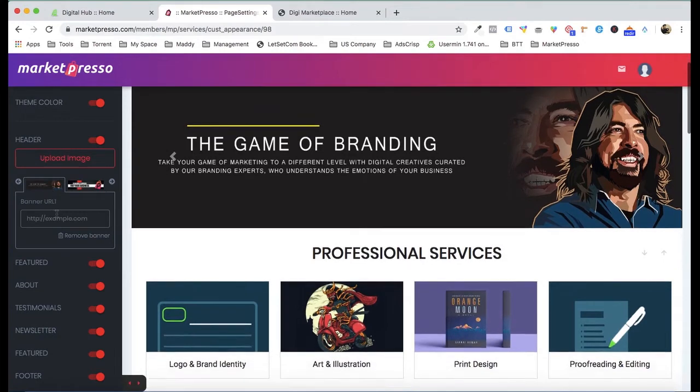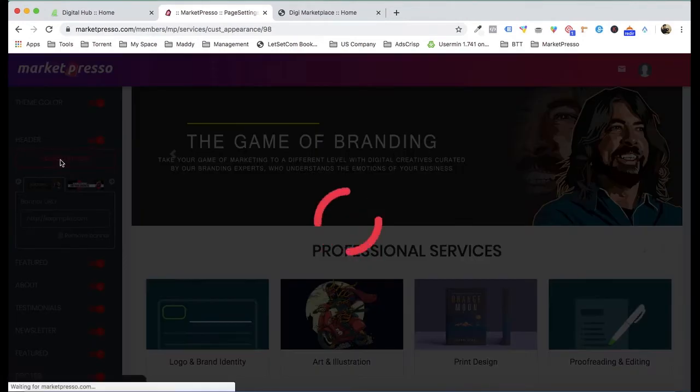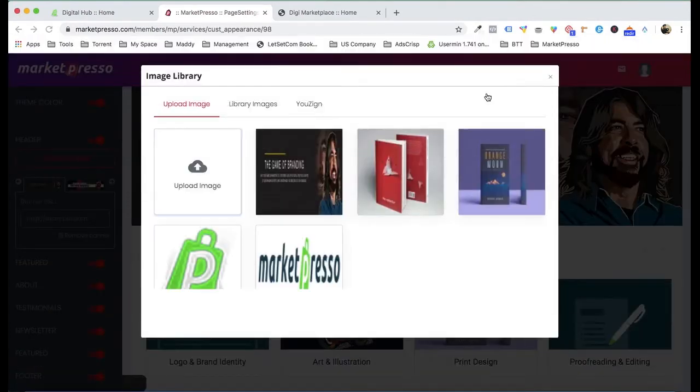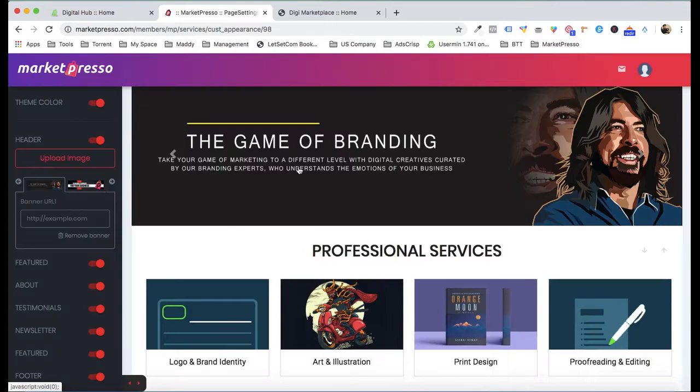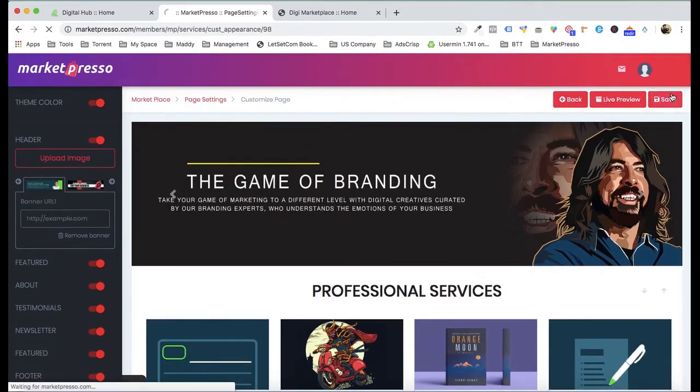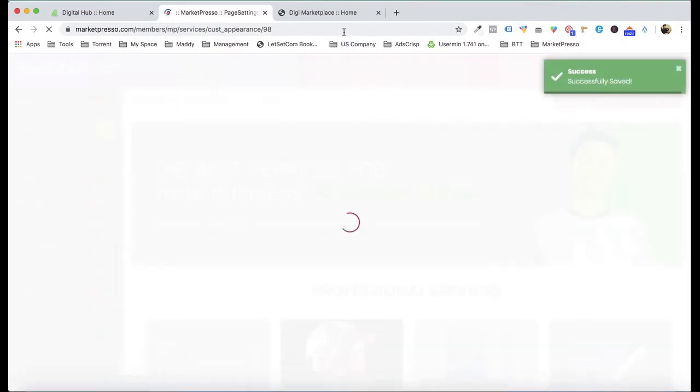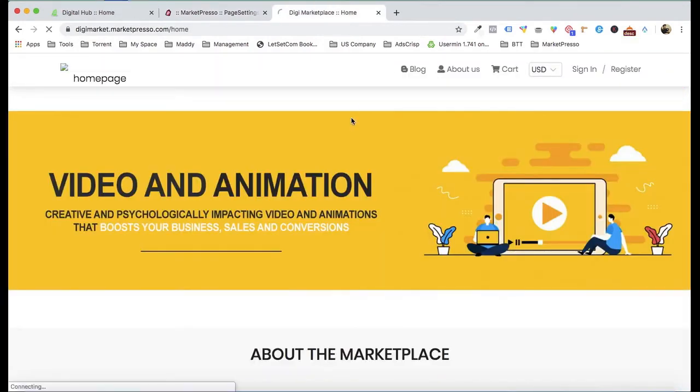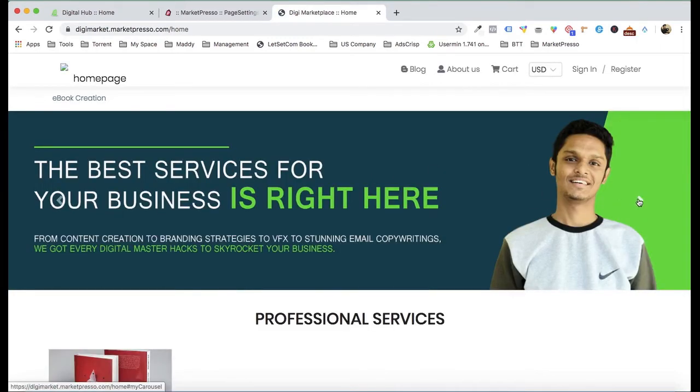What you can also do is you can upload another image. All right, you can upload another image. Let's suppose you also want to enable other background image, the profile image, and let's select this as well. Okay, and let me click on save. And now inside my marketplace we will have this particular image as a banner image, right? So now we have this,